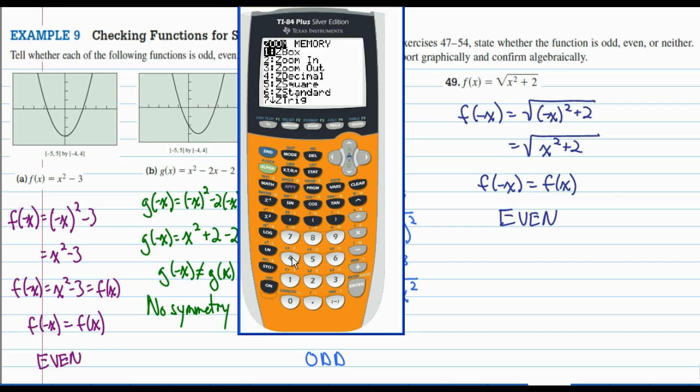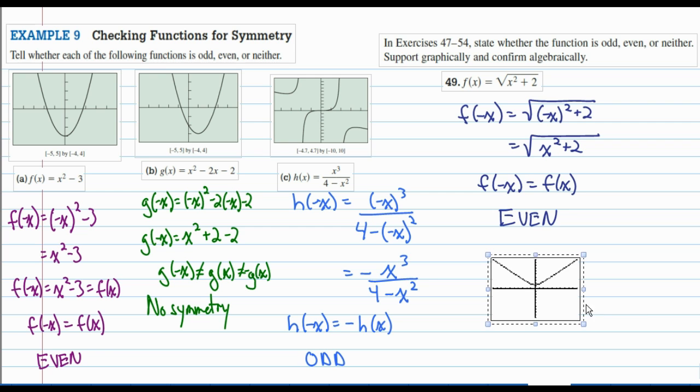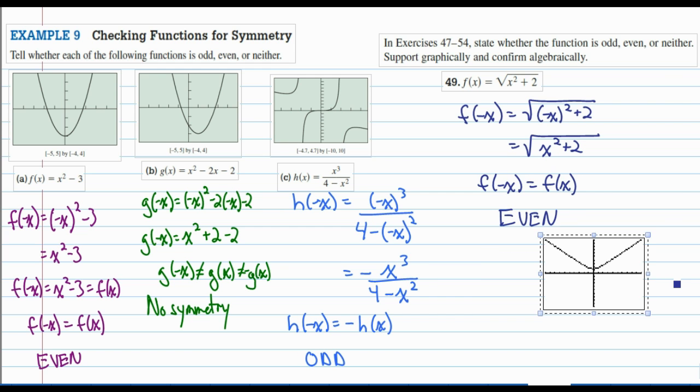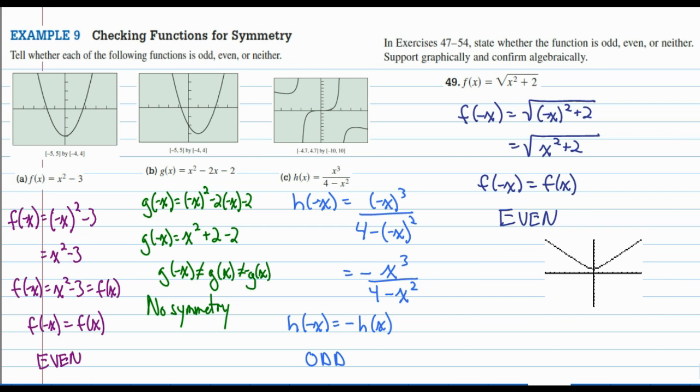I'm going to zoom 4 this one. Zoom 4 is just a little closer of a zoom. And I can see that that is shaping up to be an even function. Go back to zoom 6. Graphically, I can confirm that that is in fact an even function. What I found algebraically does make sense with my